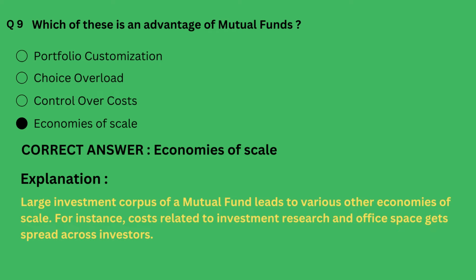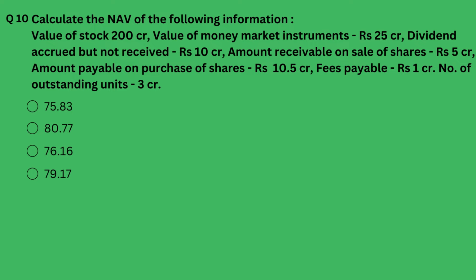Let's move to the next question. Calculate the NAV from the following information. The value of stock is 200 crore. Value of money market instrument is 25 crore. Dividend accrued but not received is 10 crore. Amount receivable on sale of shares is 5 crore. Amount payable on purchase of shares is 10.5 crore. Fees payable is 1 crore. Number of outstanding units is 3 crore. And the options are